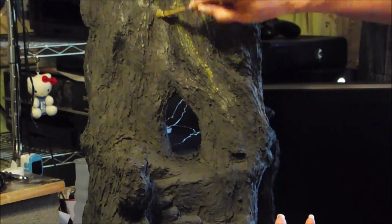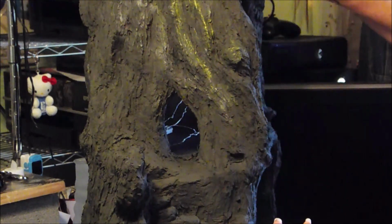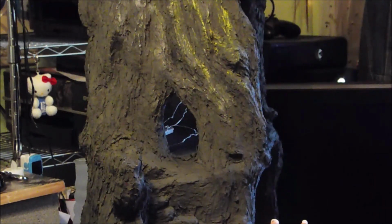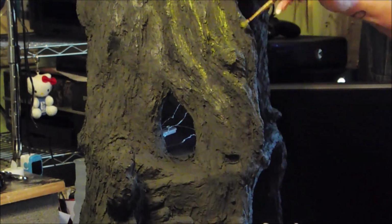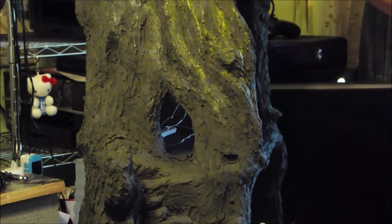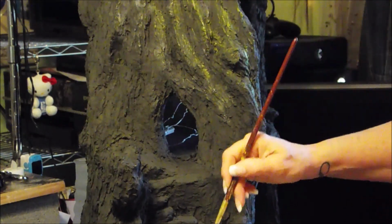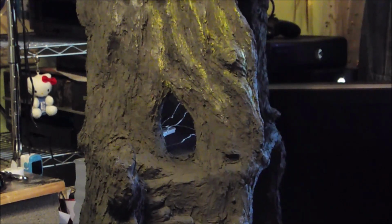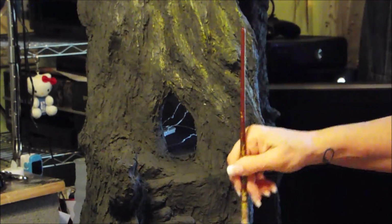And once I finish all this, I will probably add some small moss, different kinds of, maybe some reindeer moss, some different kinds of organic materials to make it look even more like a tree stump out in the woods, getting exposed. It's been exposed to the weather and whatever, but there's not a whole lot of technique other than dry brushing the colors on to bring out